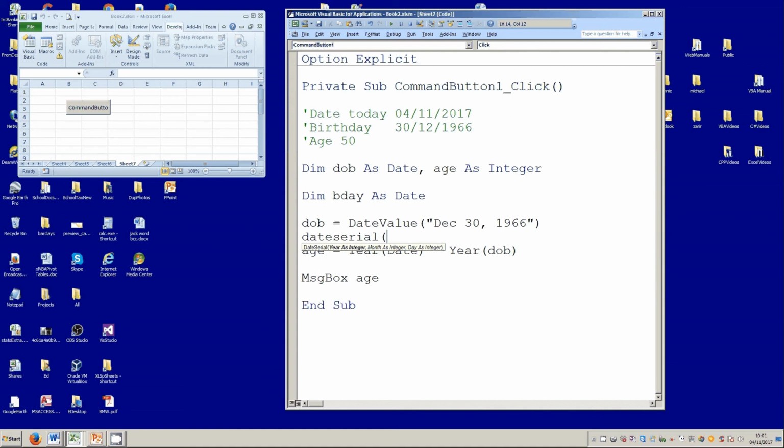And since we want the birthday this year, we're going to be talking about the year of the current date, which of course is 2017 in this example. We now want to pick up the features of the actual birthday, that is to say the month in which the person was born, followed by the day in which they were born,